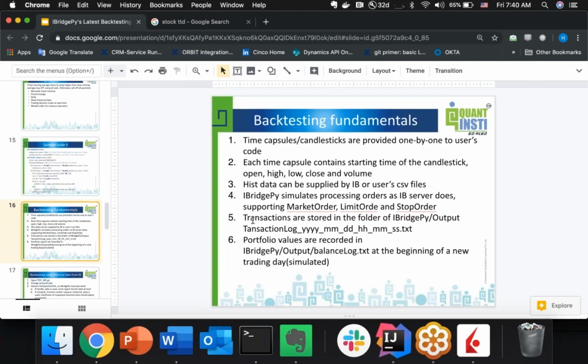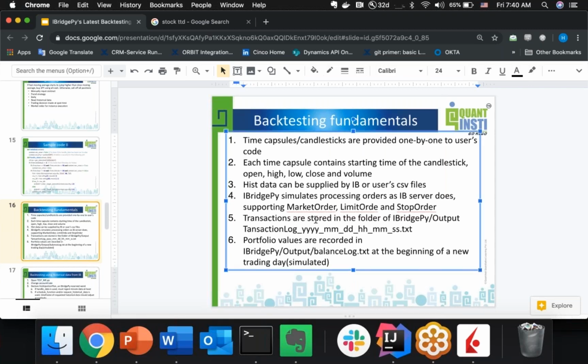Then in IBridgePy, transaction details are stored in the IBridgePy output folder. The file name is something like this: transaction log, year, month, date, hour, minute, second. This is the time that you started backtesting, your local time, and it creates a file. Which means every time you click testme, which is the entrance of the backtesting system, it creates a file